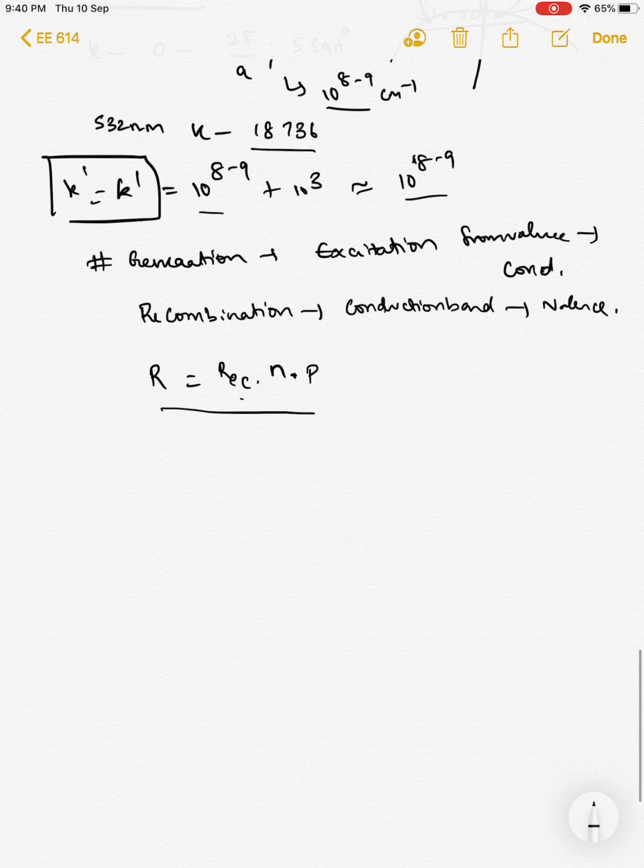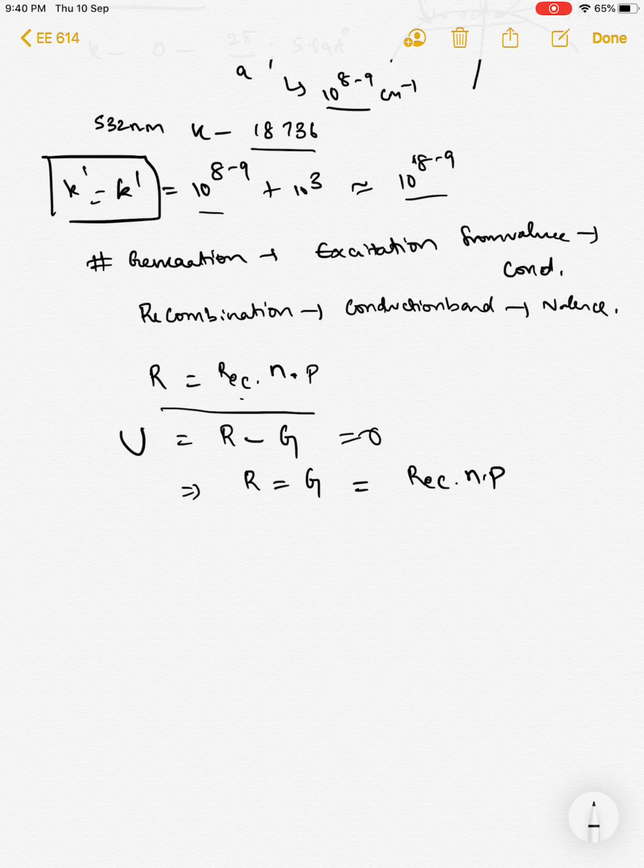The net recombination or generation, the net dynamics in this case, is written as U = R - G, where R is the rate of recombination and G is the rate of generation, right? So these are opposite phenomena. So the net transfer is R - G, and at thermal equilibrium, you know that this should be equal to 0, which implies R should be equal to G, which should be equal to R_rec n p, right? Which is what we saw before, and n p at thermal equilibrium is actually n_i squared,